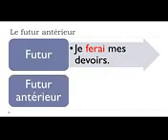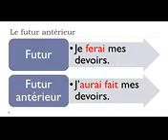And if we've got the same sentence, but at the futur antérieur, it will be like j'aurai fait mes devoirs. Okay, so if you want to translate it directly, here, I will do my homework, and then here, I will have done my homework. So if you feel the difference in English between the two sentences, well, it's exactly the